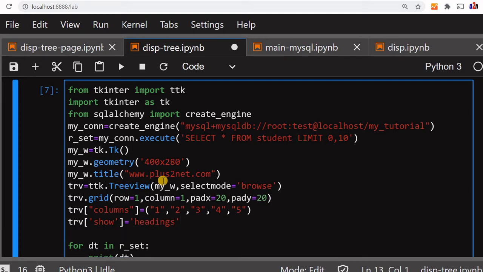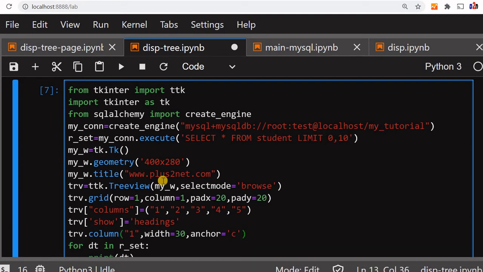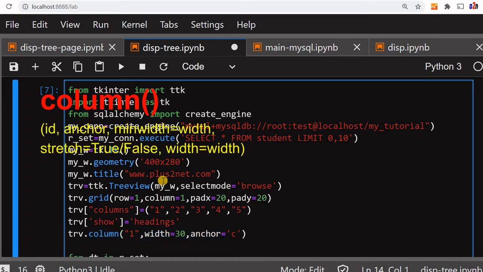Next we'll give the width of our columns. So trv.column we'll say 1, width equal to, let's put the width as 30, and anchor, the alignment, let's give a center alignment. You can change it to left, right and so on. Next we'll go for column 2. Column 1 is ID, so we have given a smaller width.